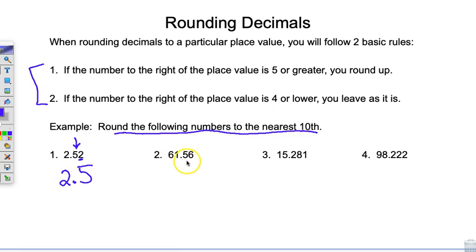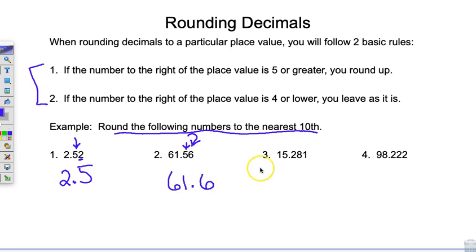We have 61.56. Since we are rounding to the nearest tenth, once again, we want this number to end with this 5, because that 5 is in the tenths position. So we're going to look next door at its neighbor, and it's a 6. Since that is a 5 or greater, we round this 5 up 1 to a 6. So our answer would be